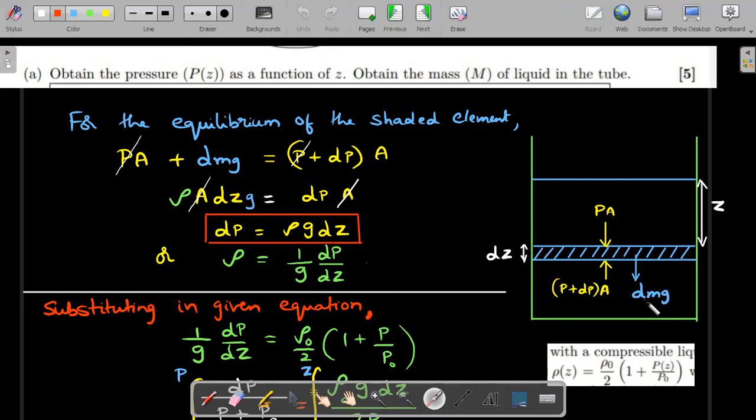And the weight of that liquid is dm into g. So the vector sum of all these three forces should balance out in equilibrium, and that is what I have written here. Okay, right. Then this P and A and this part of P and A will get cancelled, and not only that,